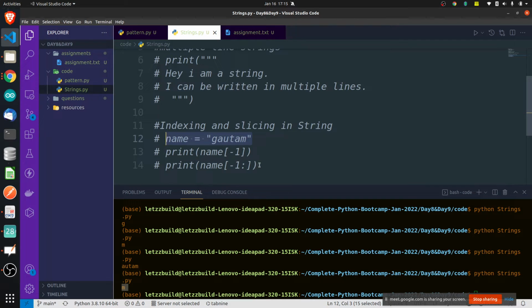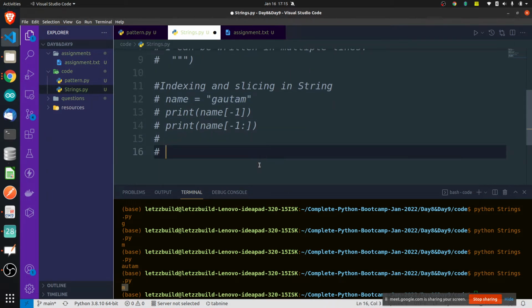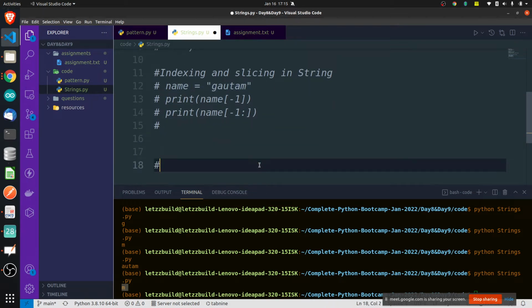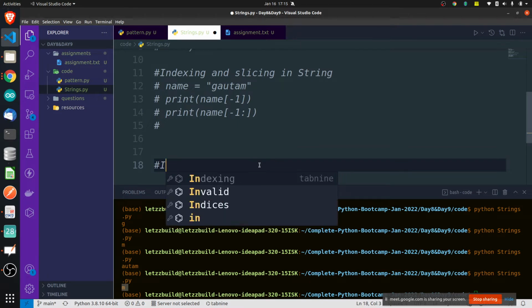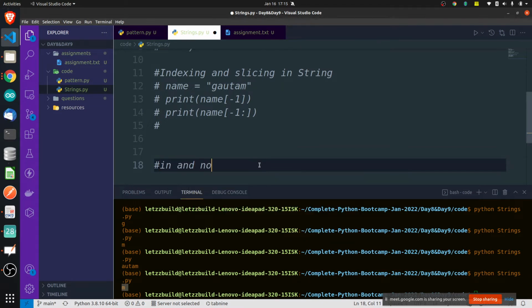I'll tell you some more operators that are available, even in lists. The in and not operators in strings. Very simple.